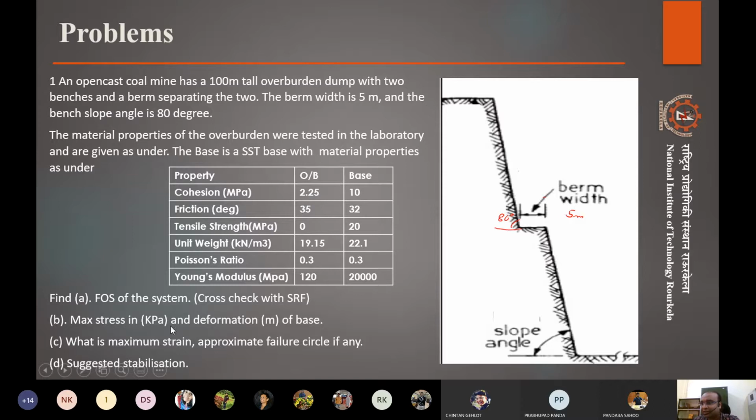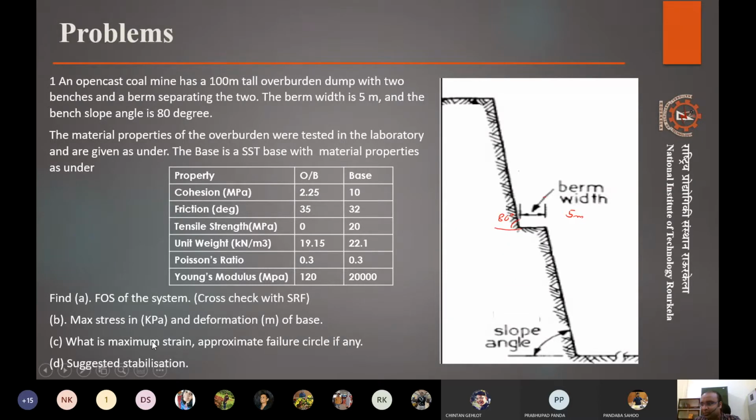So since we have to do it in base, one of the tutorials last time we were discussing did something similar, when we were discussing this geotextile stabilized RE walls. We were seeing how first we have to basically simulate the base only, and then we have to give a slope over that. So we have to design our model that way.